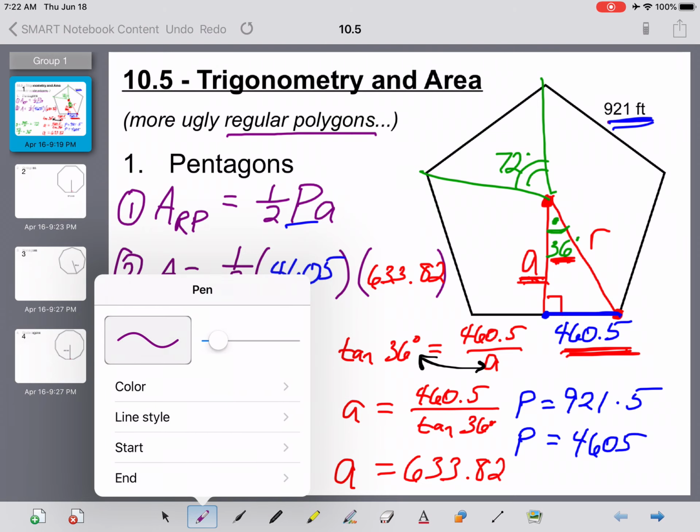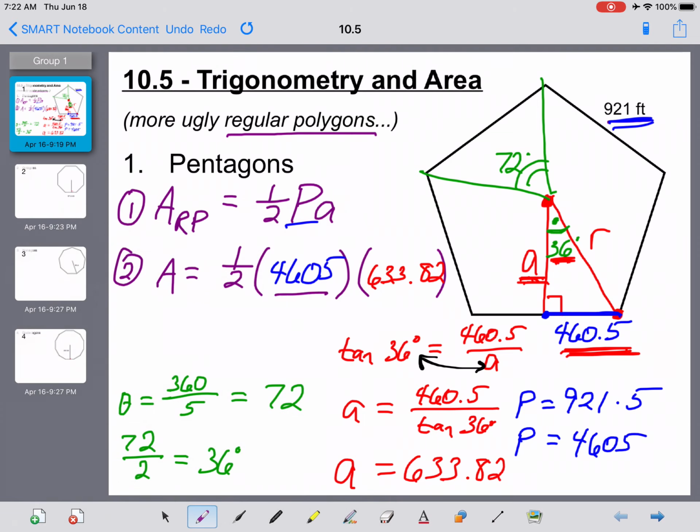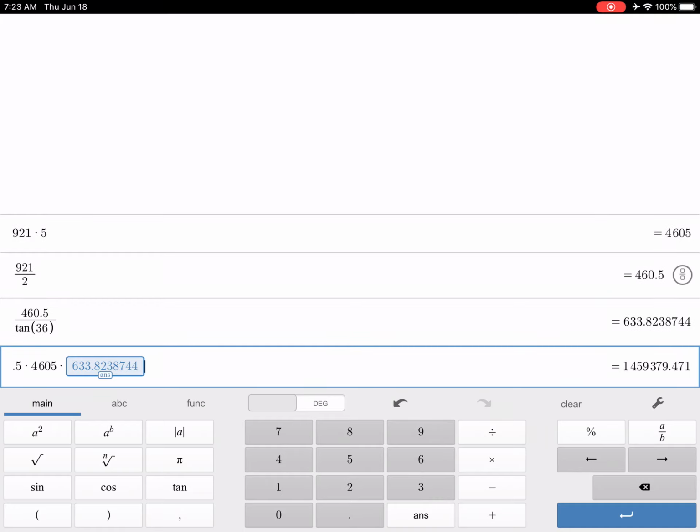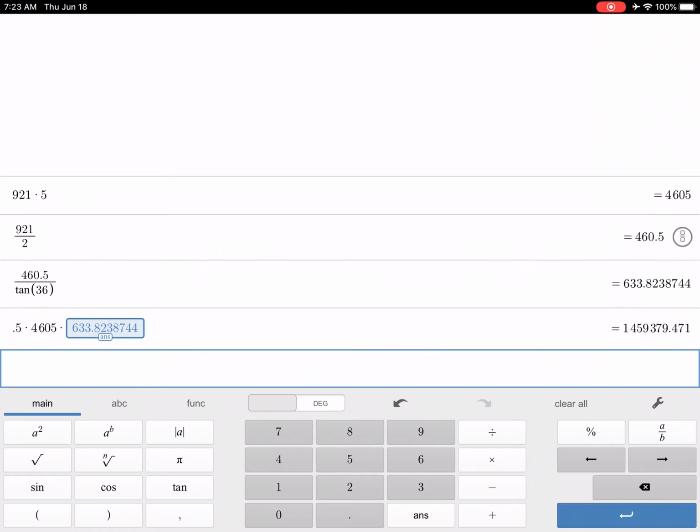And boy, this is a mess, but now that we have everything, we know our perimeter, we know our apothem, we're ready to go to step 3 and to go ahead and answer the question. So 1/2 times our perimeter of 4605 times our apothem of 633.82. So 0.5 multiplied by the perimeter, 4605, and the length of the apothem was my previous answer here. So I'm going to go ahead and hit answer so I don't have to type that number in manually here. And we get a very big number of